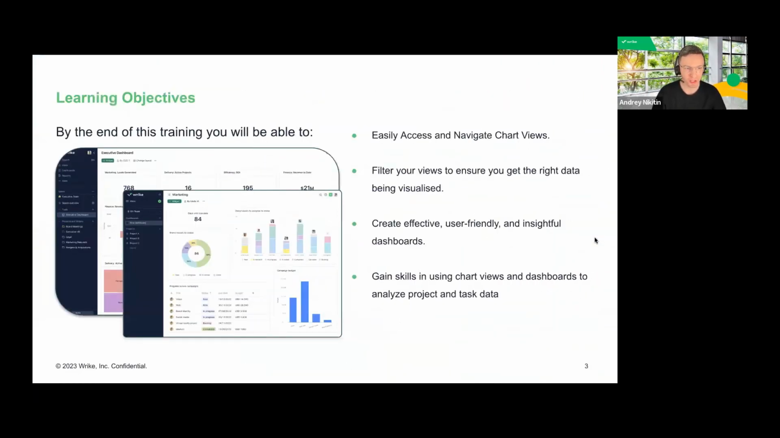So the objective for this session is to explore the new capabilities of chart views and dashboards and learn how to combine the two of them to gain insight into your projects, tasks, approvals quickly and easily. If you've been using dashboards for a while now and think there is nothing left to learn, well, make sure you stick around because the demo will be based on some of the newer capabilities that haven't existed in our